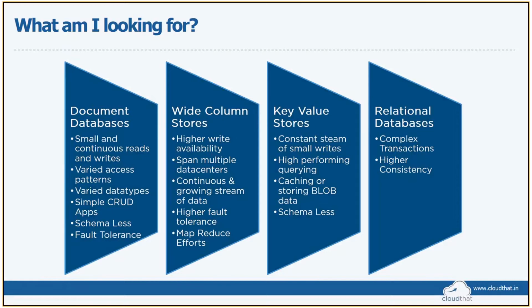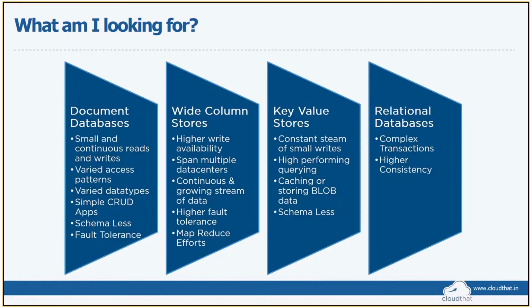Even for organizational databases, document stores would be quite helpful. When you look at wide column stores, they are mainly meant for analytics because you have higher write availability. They can span across multiple data centers, and you can have a lot of streaming into the databases, and of course they also have a lot of fault tolerance. When you look at map and reduce, if you're looking at big data scenarios where I want to do analytics on humongous amounts of data, which has good velocity and variety, I can go with wide column stores, which help me read a particular column and calculate averages or do whatever analytics activity I want to do. Wide column stores would be very helpful.